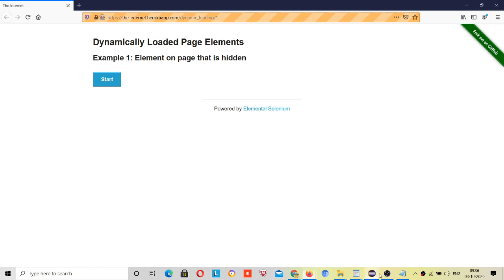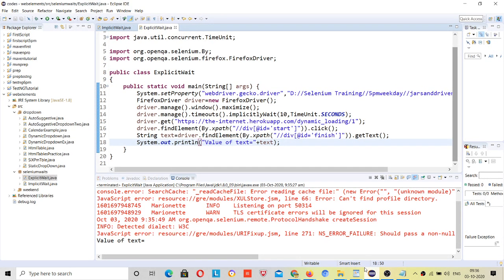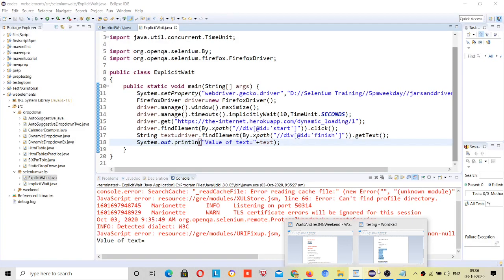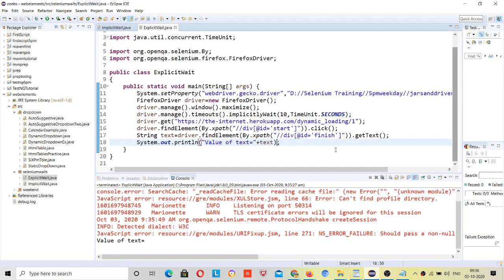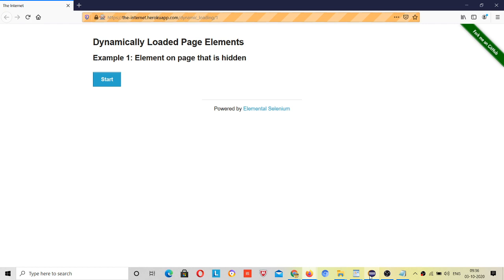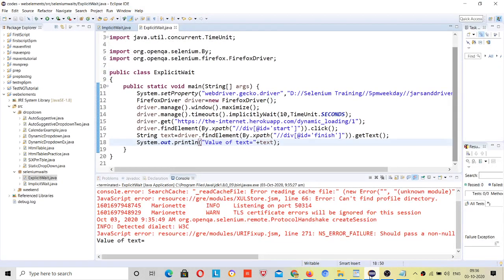It has not clicked on your ID. Okay, why has it not clicked on ID?